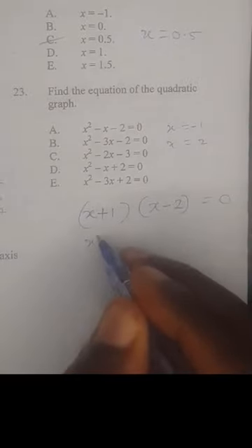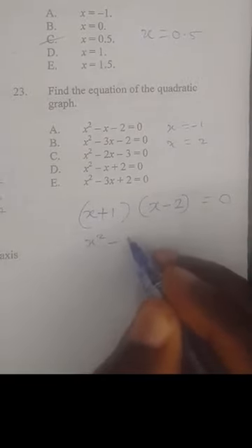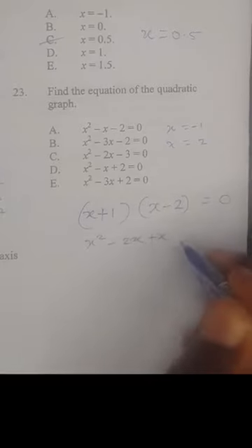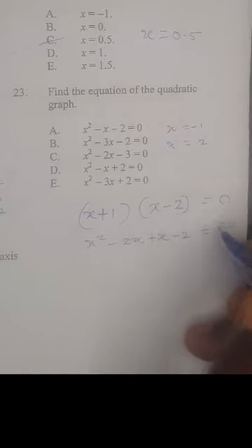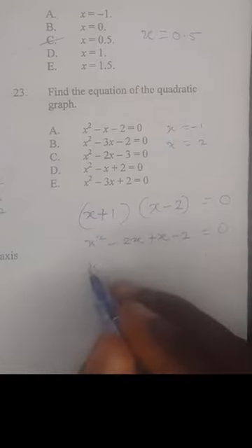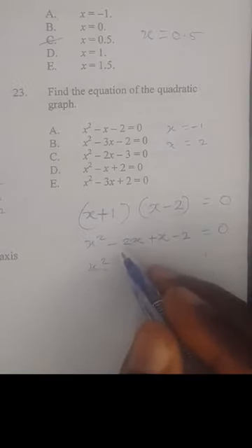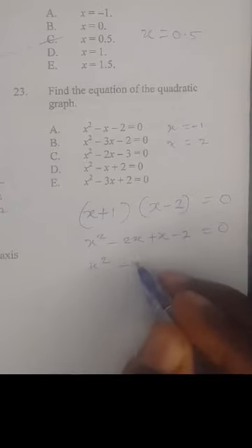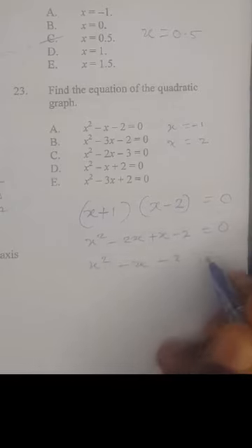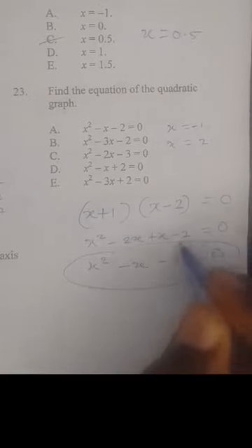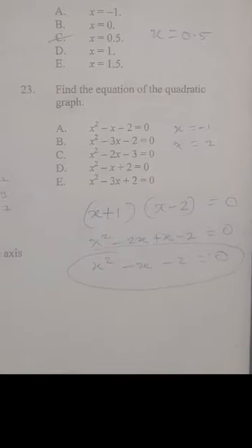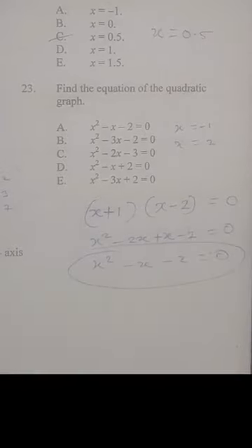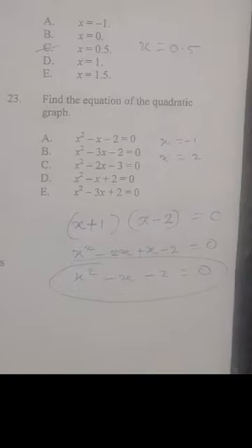So we open up the brackets. x times x, we have x squared. Then x times -2, we have -2x. 1 times x, we have positive x. 1 times -2, we have -2, equal to 0. So at this point we have x squared minus 2x plus x, which gives us negative x, minus 2, equal to 0. If you check this equation very well, this is already the quadratic equation. This is the quadratic equation they used in plotting this particular graph. Now, if you check your options there very well,